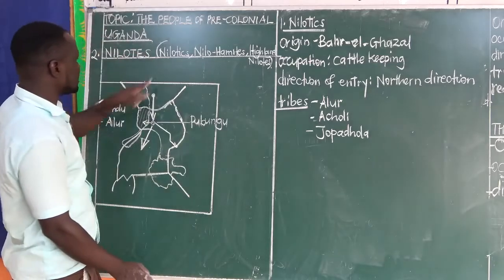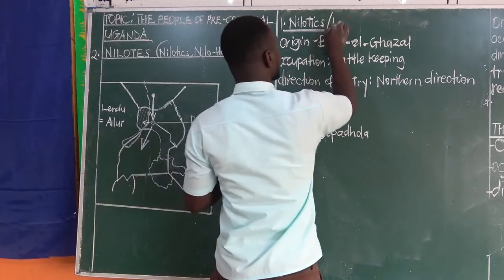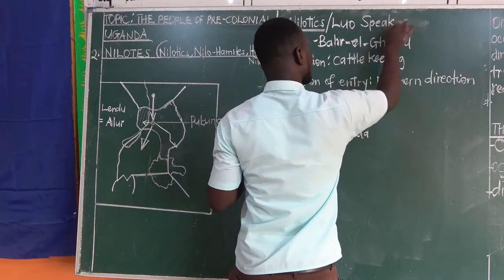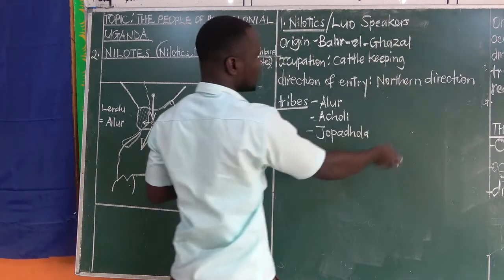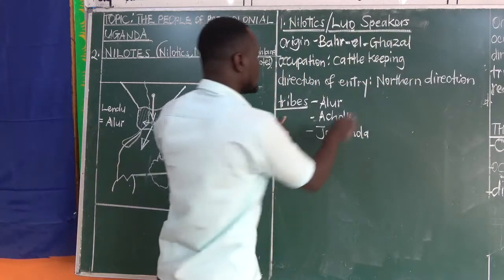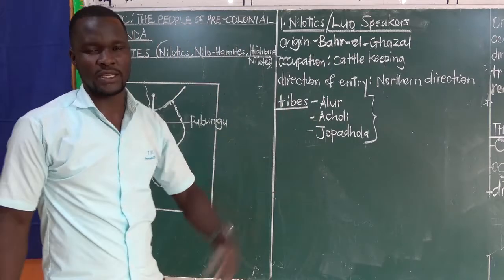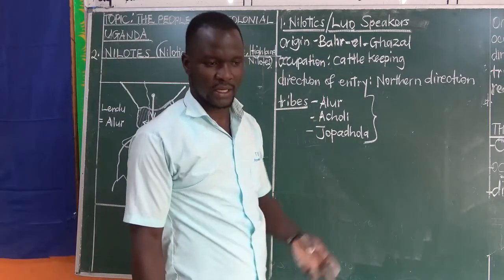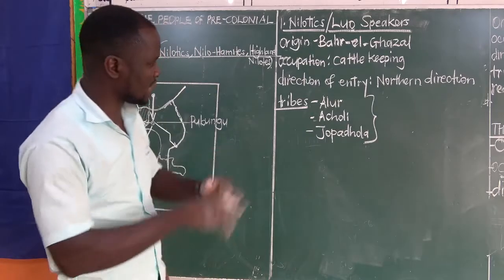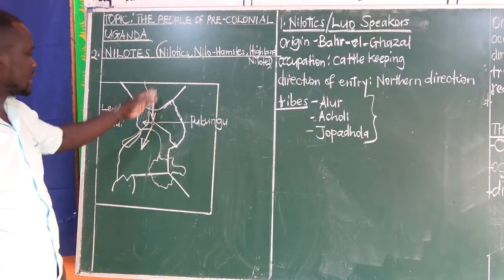Remember, these people here are the ones that we can also call the Luo. Sometimes they are called Luo speakers. Or simply we say Luo, meaning these people speak Luo languages. The Luo languages are these ones here. It's like saying Bantu languages. There are very many languages spoken in that Bantu ethnic group. We talked of Luganda, Lusoga, Nyankore, and so on. We can't again go to that. So that was about the